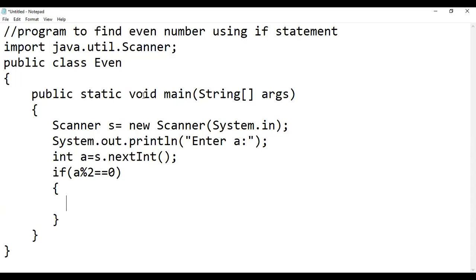So here we can display using System.out.println. We can write something like 'number is even'. Also, if a user enters 10 and we want to display '10 is even', we first write the variable, then concatenation with the message, because we are moving from string to variable to string.